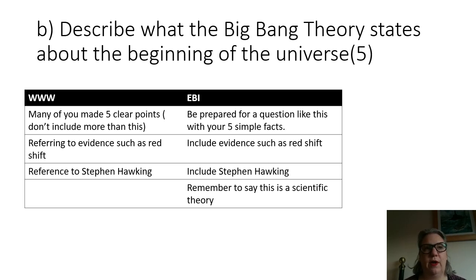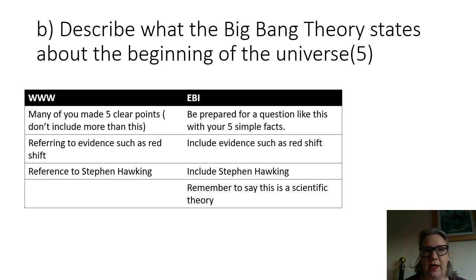So hopefully you have now read your answer, noted the marks that you have been given, and these are the what went wells. So there were quite a few answers where you made 5 clear points. The way that the examiners mark is they don't really give a point per mark, they give points for the quality of the answer.